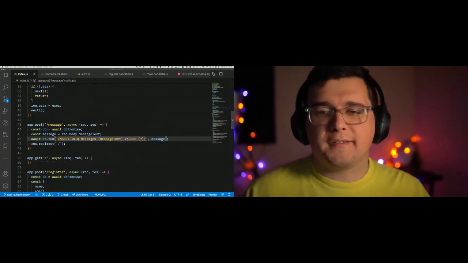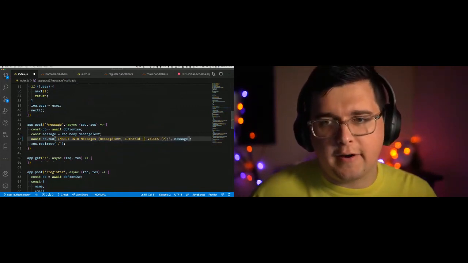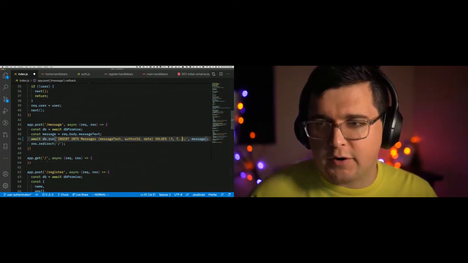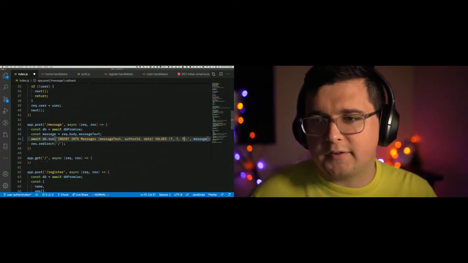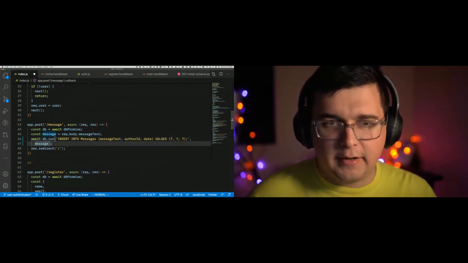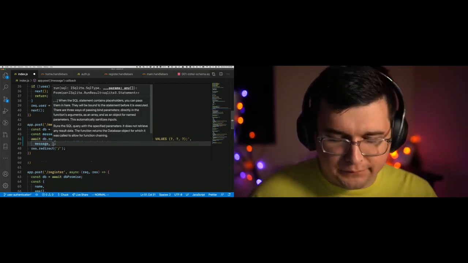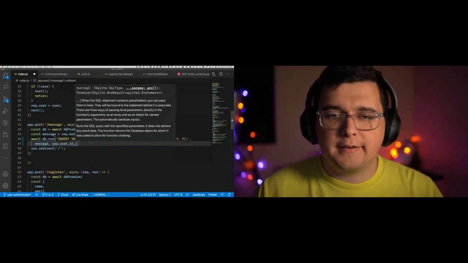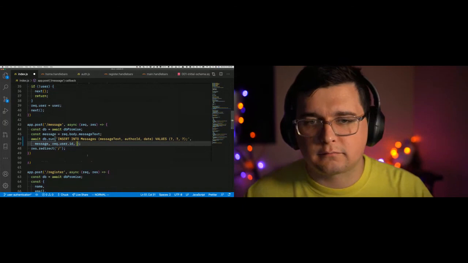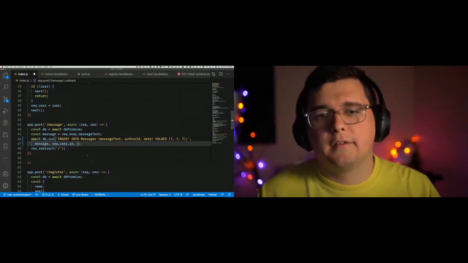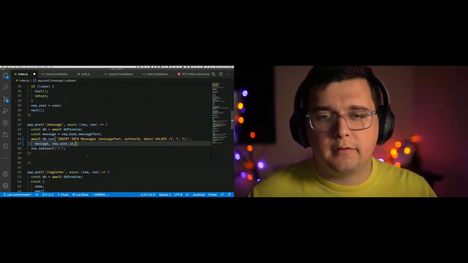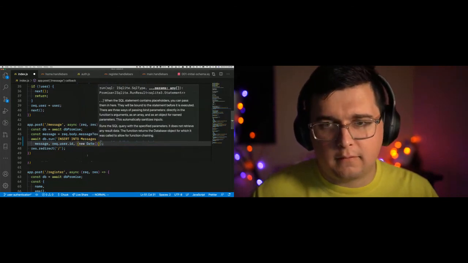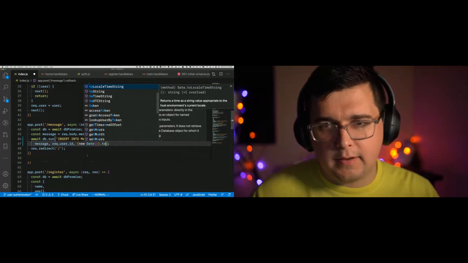Insert into messages, message text, author ID, date, values, question mark, question mark, question mark. And let's do this: message, req.user.id, and date. New Date dot to